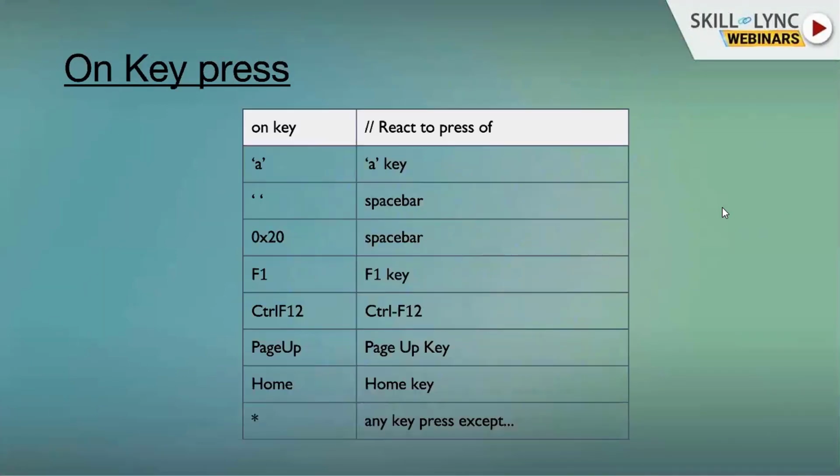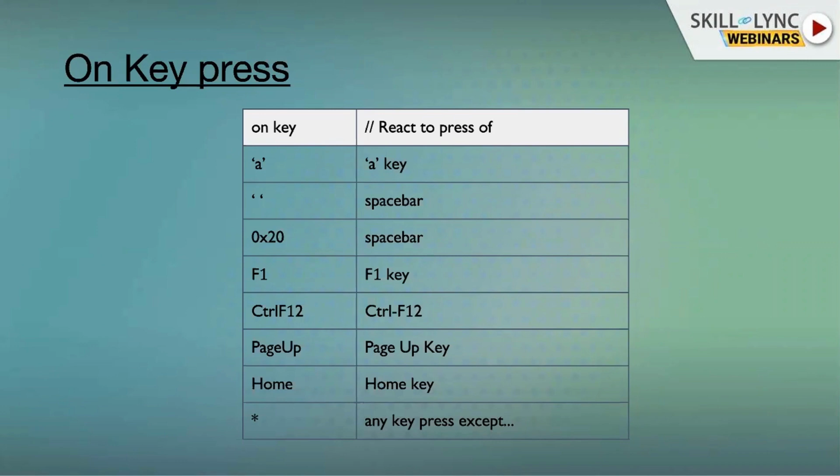We already discussed the key press event. Whatever is available on our keyboard, we can use with the on key event. Whenever you use on key, it might be a, space bar, F1 key, Ctrl+F1, page up, home, or star.